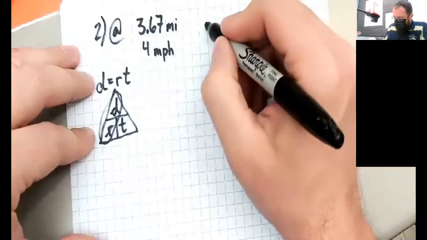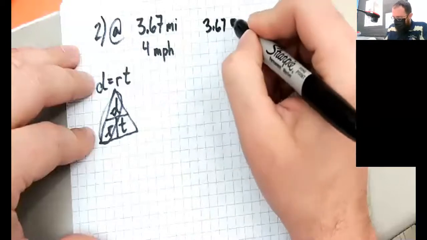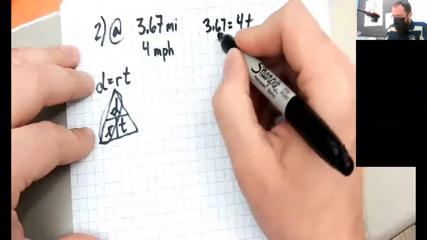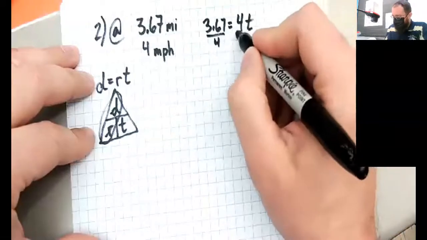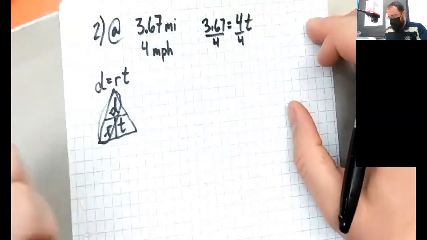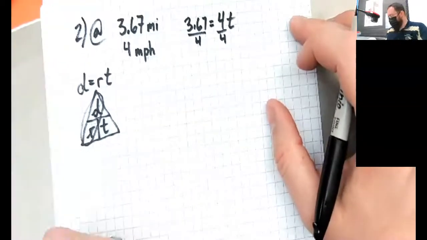So our distance, 3.67, equals our rate, which is 4 miles per hour, times time. And then of course, you divide by 4. And then that will give us,